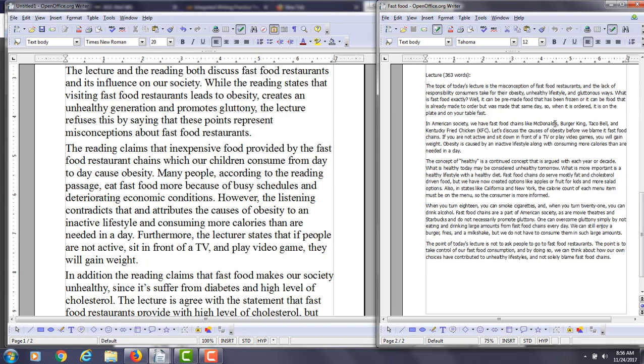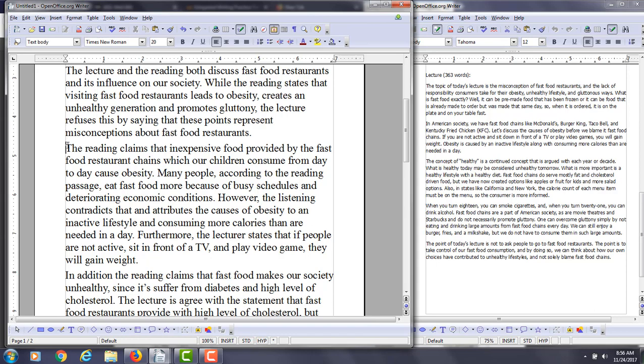It does say, let's discuss the causes of obesity before we blame it on fast food chains. Okay, I think what you have here is good, so let's look at it one more time. The reading claims that inexpensive food provided by the fast food restaurant chains, which our children consume from day to day, cause obesity. Many people, according to the reading passage, eat fast food more because of busy schedules and deteriorating economic conditions. However, the listening contradicts that and attributes the causes of obesity to an inactive lifestyle and consuming more calories than are needed in a day. Furthermore, the lecturer states that if people are not active,